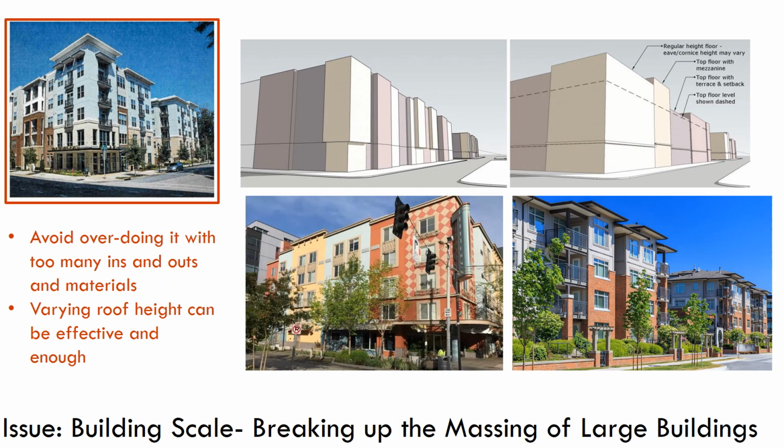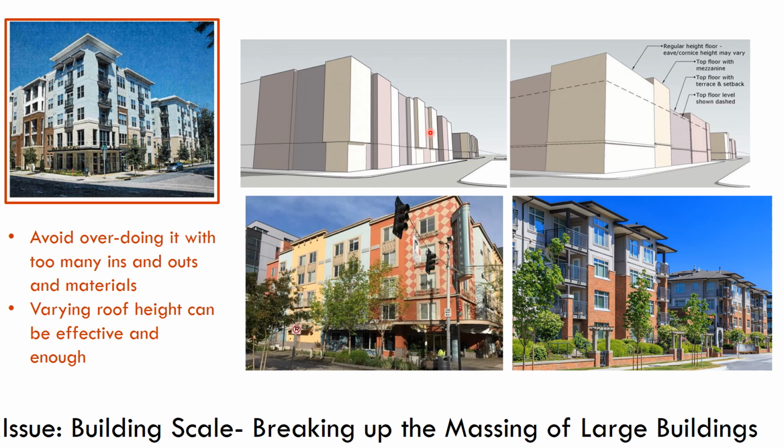So when we get these big buildings, often there's a desire to try to make them not seem so big. And a very good way to do it is to try to break the massing down so it looks like it's smaller pieces than this big building. But we have to be careful to not overdo it. So in the middle here, we have one building that's being broken down here with a strategy of lots of ins and outs. And there's also, with these different hues represented, possible changes of color and material.